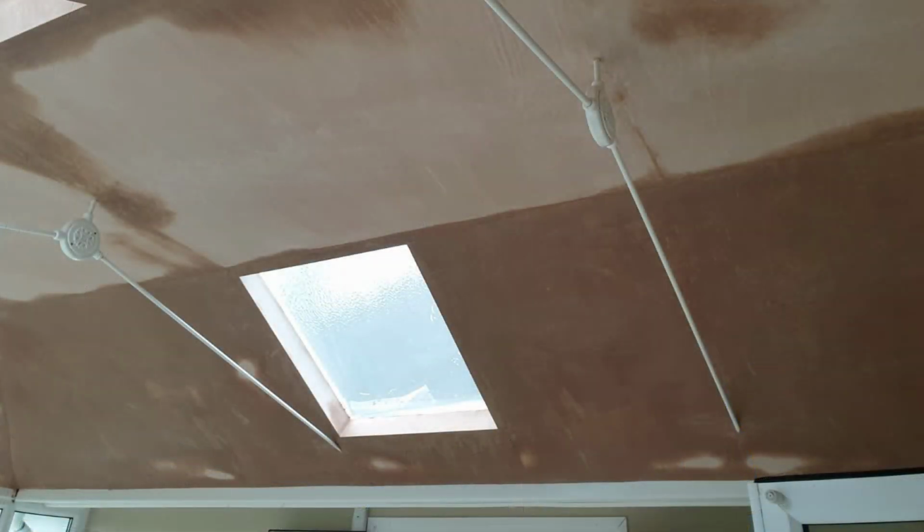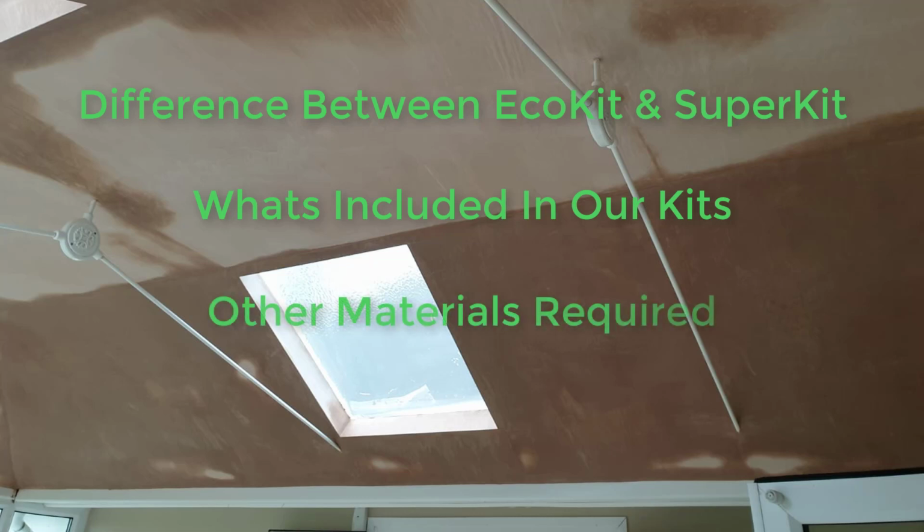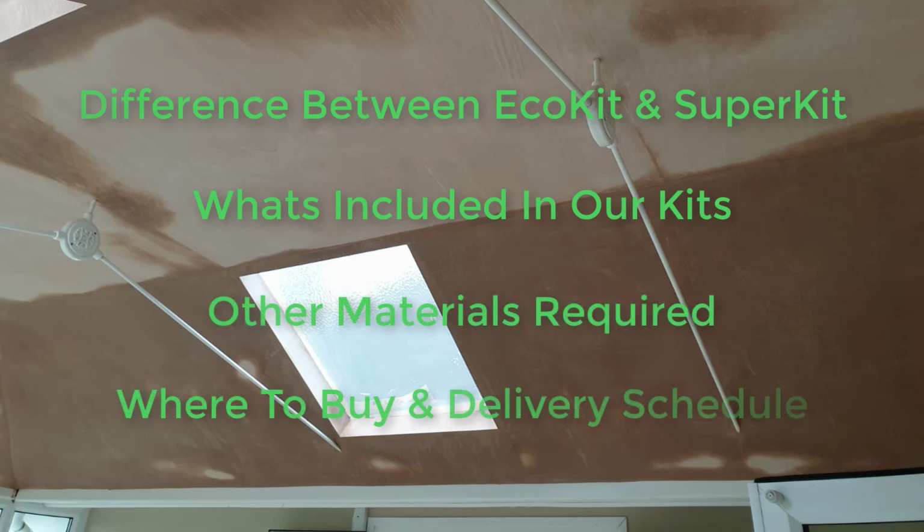In this brief video we will advise you on the following: the difference between the Eco Kit and the Super Kit, what's included in our kits, other materials required for the project, and also where to buy and the delivery schedule